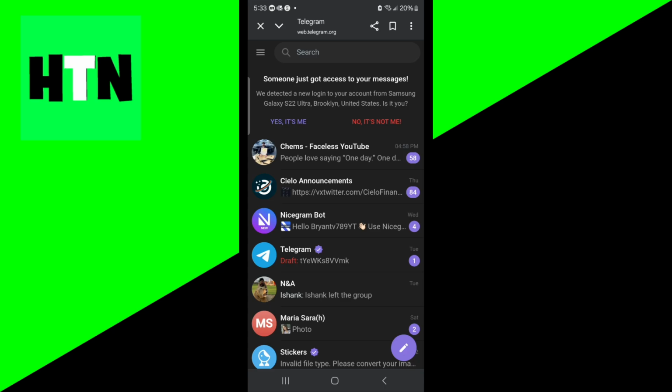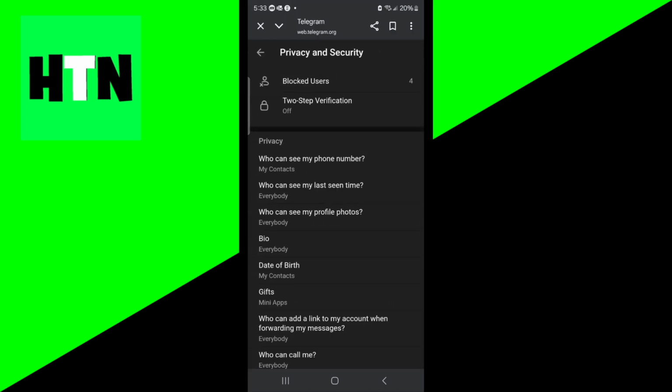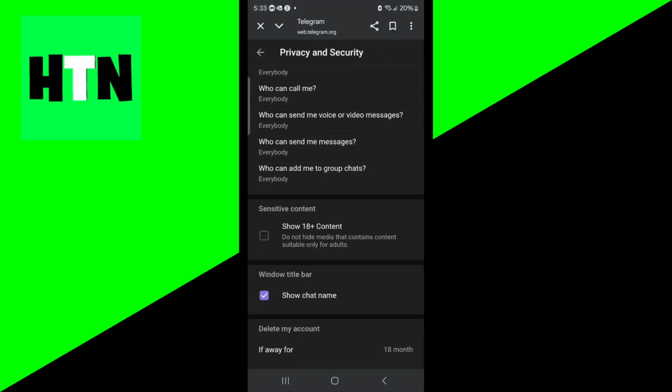Anyways, guys, the next thing you want to do is go to the top left and select on these three bars just like so. Once you're over here, please go ahead and select settings. Then all you want to do is keep on scrolling down until you see this option that says privacy and security. Once you're over here, all you need to do is scroll down,